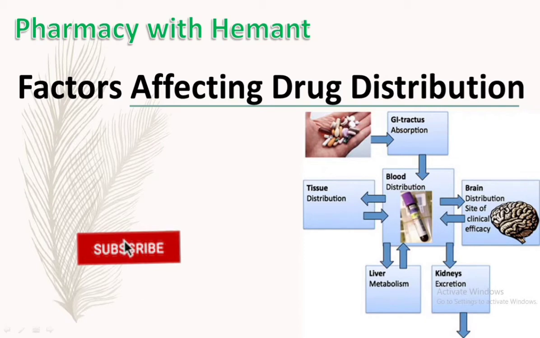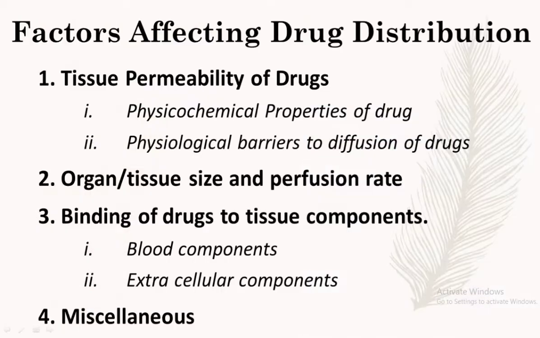Today I am present here with a new video related to pharmacokinetics, that is, factors affecting drug distribution. As I explained in my previous video, a drug present in systemic circulation alone does not show any pharmacological action in the body. So the drug should reach several tissues to show its pharmacological activity, which is known as drug distribution. There are several factors which affect the distribution of drug in our body, which we are going to explain individually